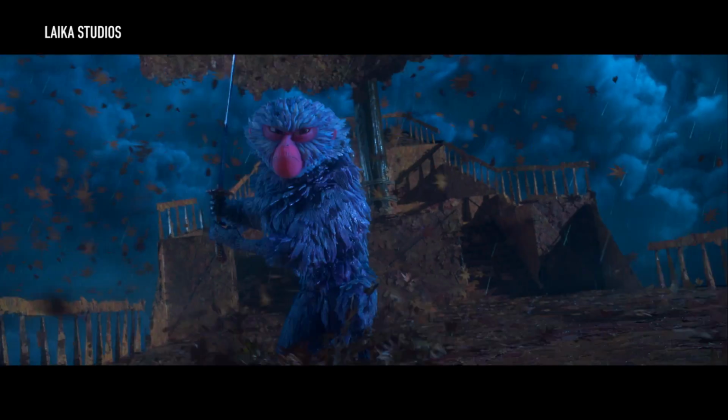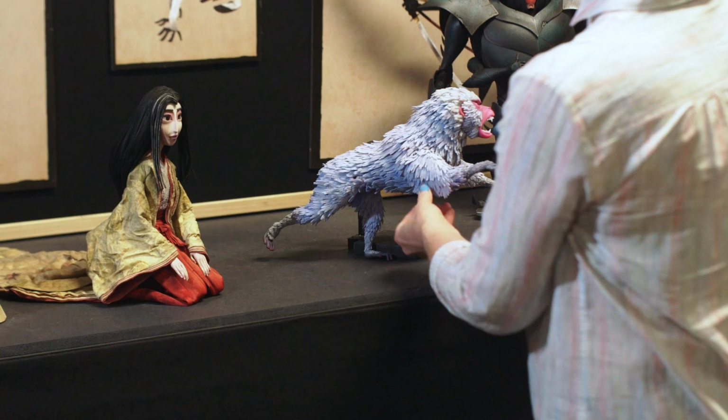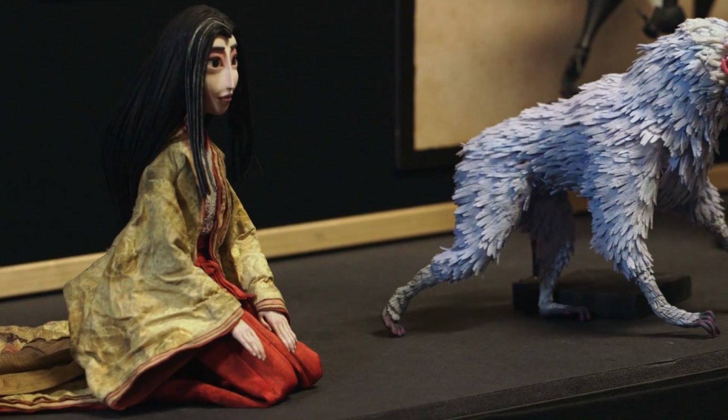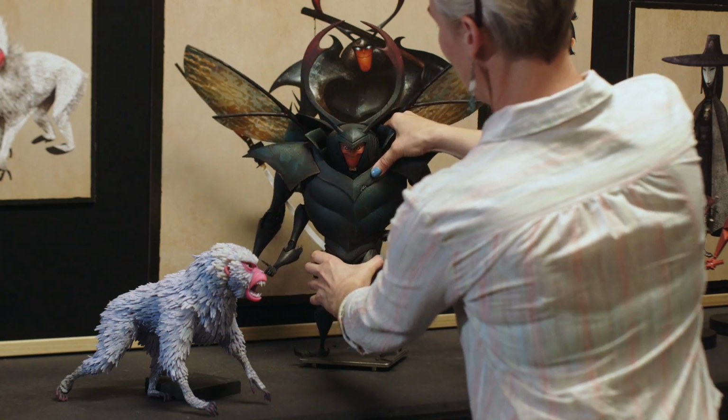The monkey character needed to have realistic but posable fur, so the design team wound up coating fur fabric with silicone rubber. They used a similar technique on Kubo and his mother, who have real human hair on their heads, coated with silicone. Beetle had to have a complicated armature that would support his armor plates but let him move,